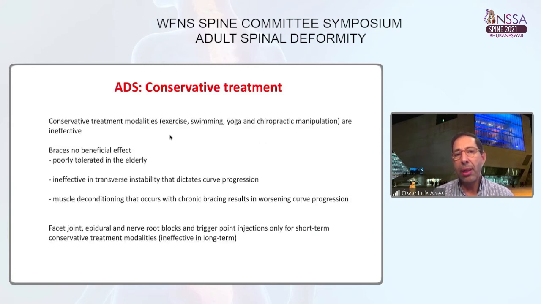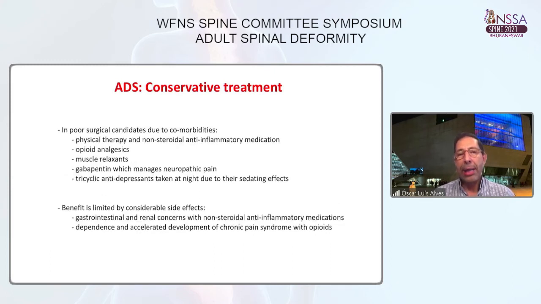This can include different modalities: swimming, exercise, yoga, manipulation. All these are ineffective. Braces seem to be not effective. They are poorly tolerated in elderly people. They are ineffective when you have transverse instability that dictates most of the curve progression, and they cause some muscle deconditioning when used chronically. Of course, for short-term control you can do facet joint, epidural and nerve root blocks or trigger point injections. In poor surgical candidates with comorbidities, conservative treatment is important, but be aware that the benefit is limited